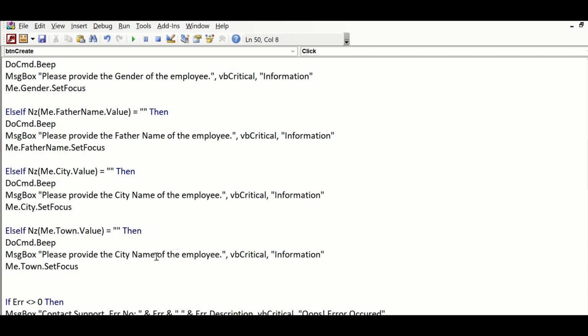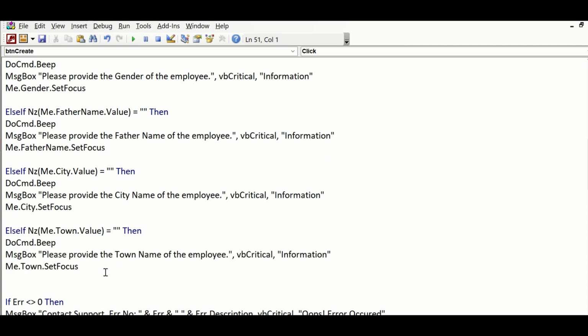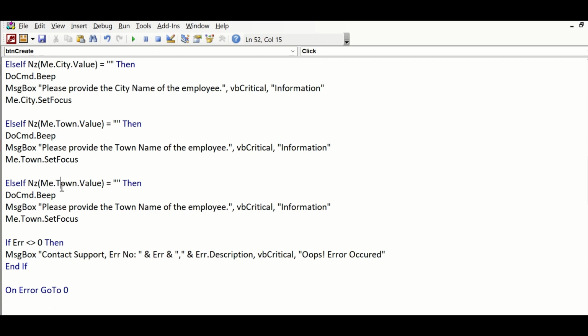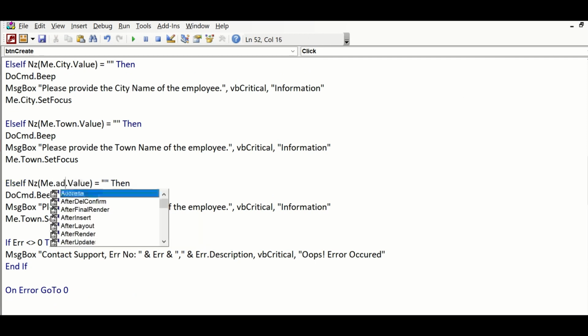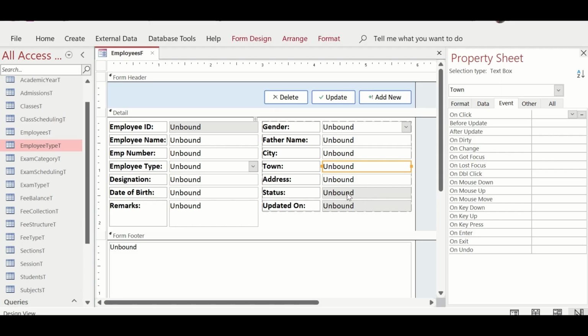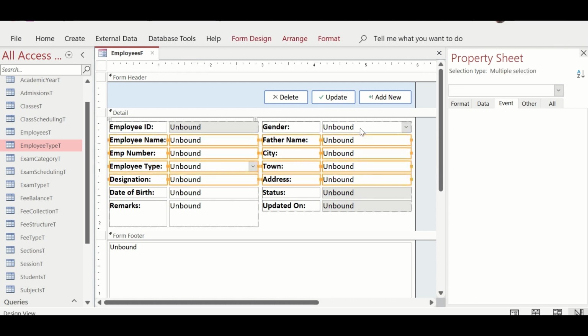But as I said, if you are learning, do not follow this practice. Yes, it is very quick. It seems to be a shortcut, but trust me, if you take a shortcut instead of learning, then rest assured you will not learn for sure. Now we are done with writing the lines of code to validate the information in